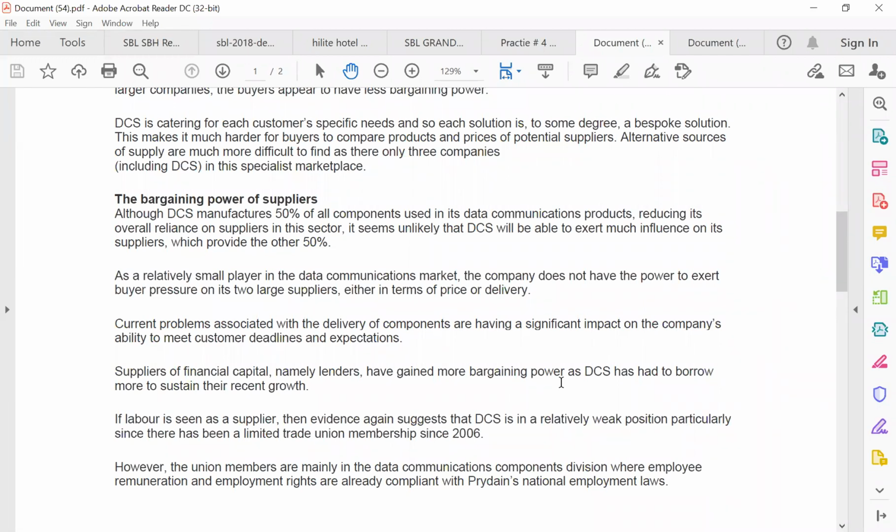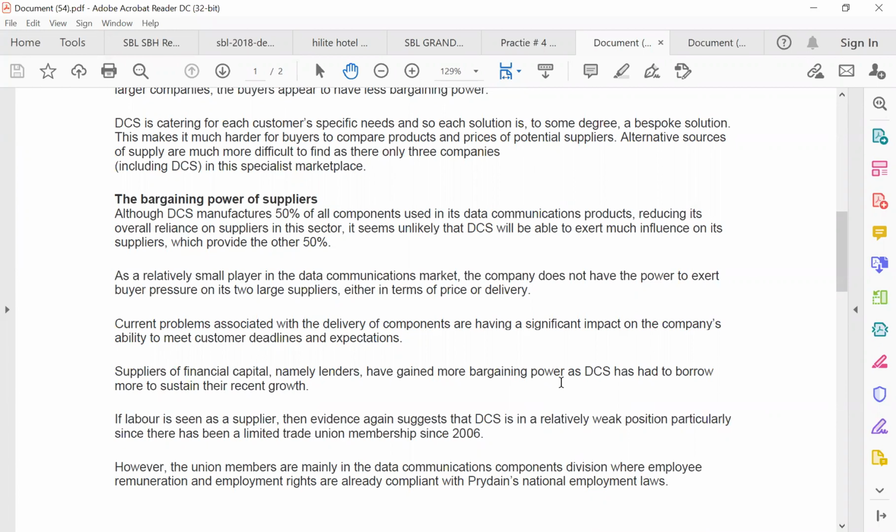As a relatively small player in the data communication market, the company does not have the power to exert buyer pressure on its two large suppliers, either in terms of price and delivery. Current problems associated with the delivery of the component are having a significant impact on the company's ability to meet